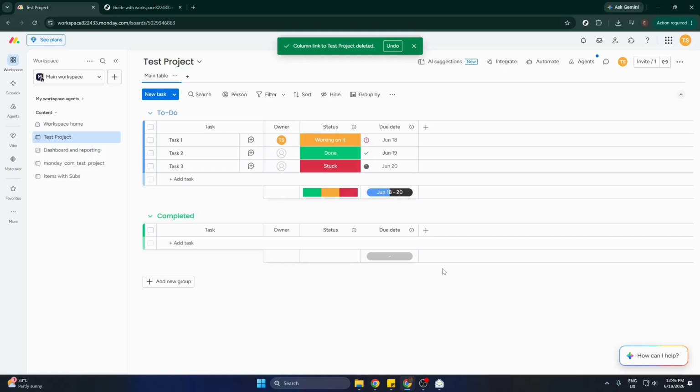Today, I'll walk you through how to use a connected board column and mirror columns in Monday.com, even if you're a total beginner or just need a quick refresher. By the end of this guide, you'll know exactly how to set up these features so you can enhance your